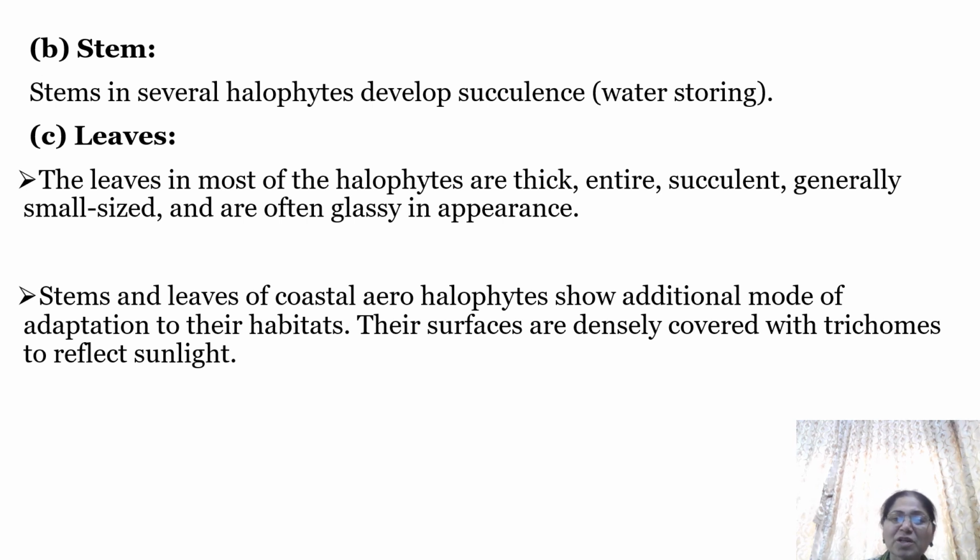So how can the leaves reduce the loss of water through transpiration? They can develop trichomes. Their appearance is glassy. They are thick to conserve the water. So when there is a dry condition, they do not undergo wilting. You can see how smartly the leaves are facing the dry condition. They are lowering the rate of transpiration by adapting themselves with certain kinds of characters.